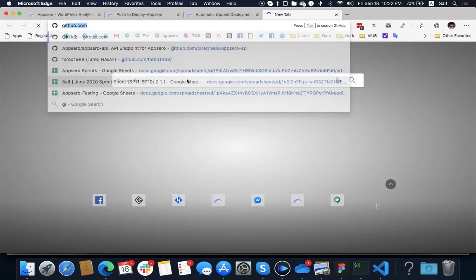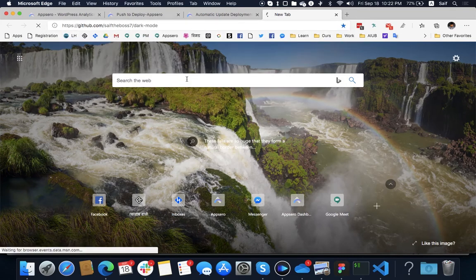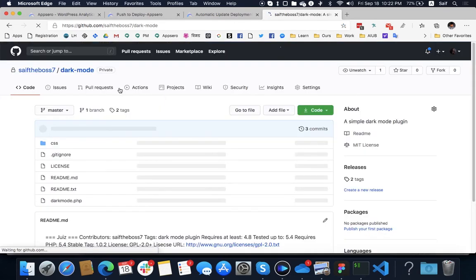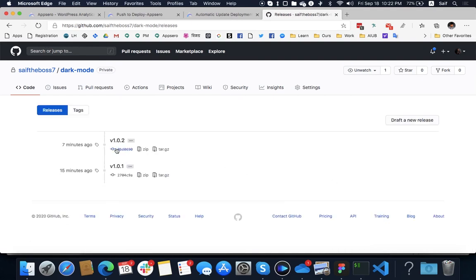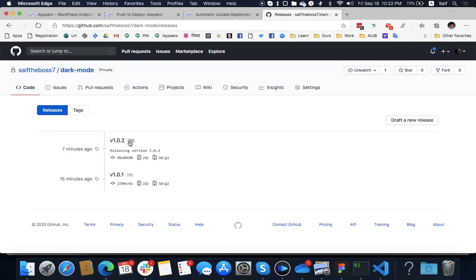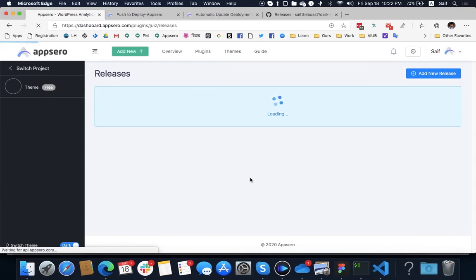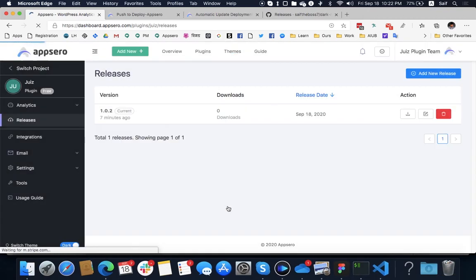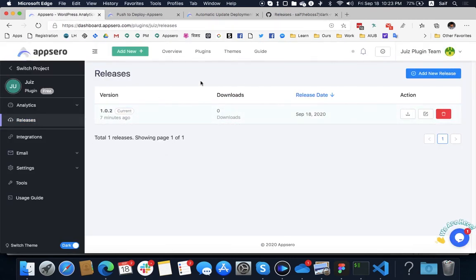If I go to GitHub and go to that specific repository, we can see from the releases tab that there has been a release. Here from releases you can find that I have released with a commit message "releasing version 1.0.2". So that's it. And now when you go to the releases tab, you can see your plugin actually is deployed. This plugin which you published to the Git repo here in the releases tab has already been pushed to Appsero